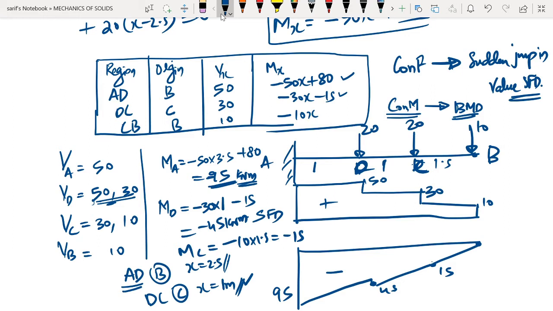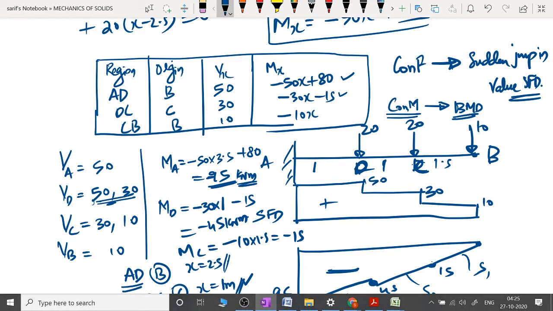The slope of these lines are going to be different. This kind of a discontinuity would not be there. However, the slope will be discontinuous. This will be having a slope S1, this will be having a slope S2, and this will be having a slope S3. You don't have to mark the slopes. However, you have to understand that this is not going to be one single straight line. There will be three different straight lines of different slopes. They won't be of the same direction. So this would be the bending moment diagram for the particular case.